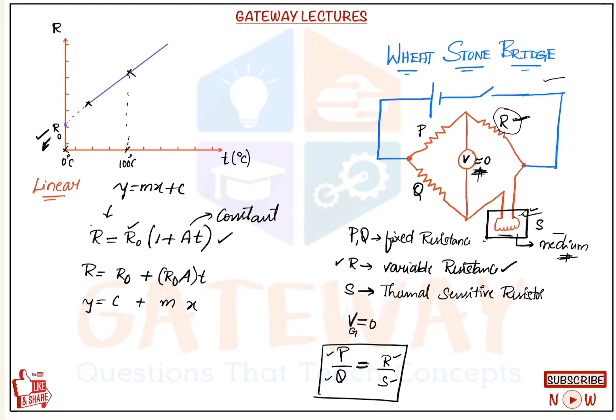If we use platinum wire here, we can't directly measure the resistance. Whenever we put this in a medium, due to the temperature change, there will be a resistance change as a linear variation. When resistance changes, the equation P by Q is equal to R by S doesn't balance. So S is being changed, P and Q are fixed. To make this equation balanced, we need to select an R from our resistance box. From the resistance box, we'll take out each resistor and place it in the place of R. At the point where the galvanometer reading is equal to 0, that will be the value of our R. Right. From that, we'll be using that.